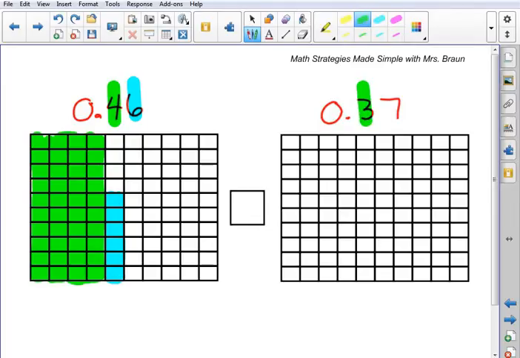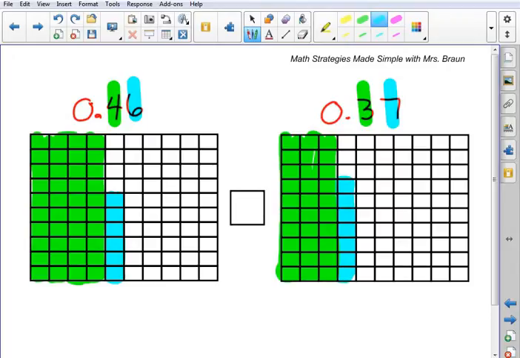All right. Now I'm going to come over here to the 37 hundredths. I'm going to do a similar thing. I'm going to shade in the tenths with green and the hundredths with blue. So with the green, I've got to shade in 3 tenths. Okay. And then with the blue, I'm going to shade in 7